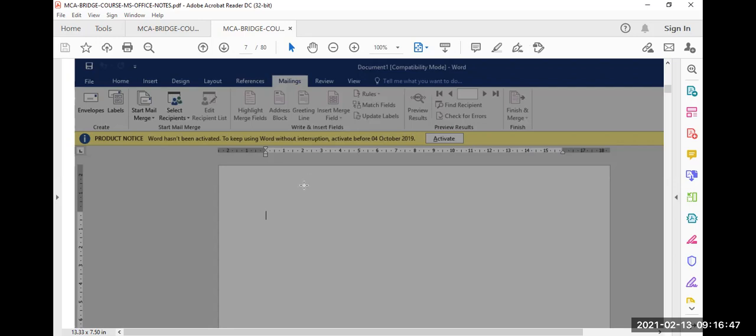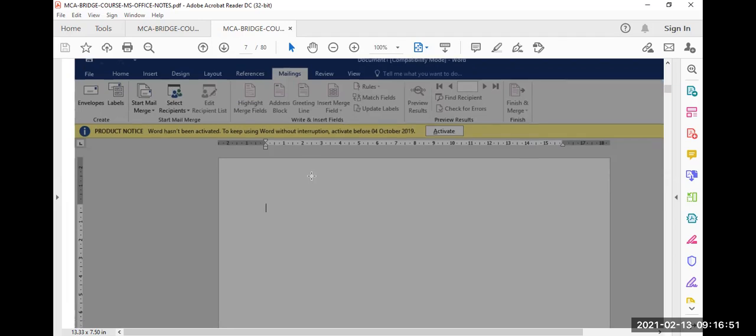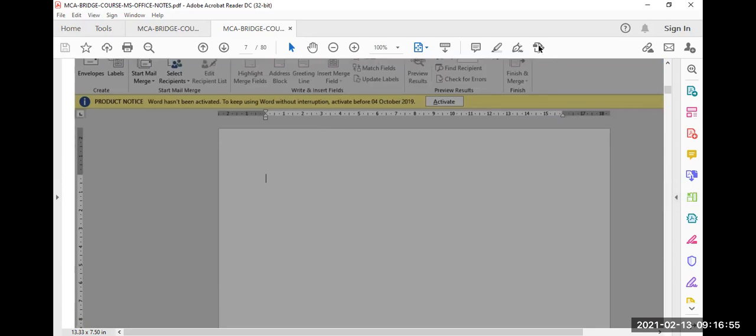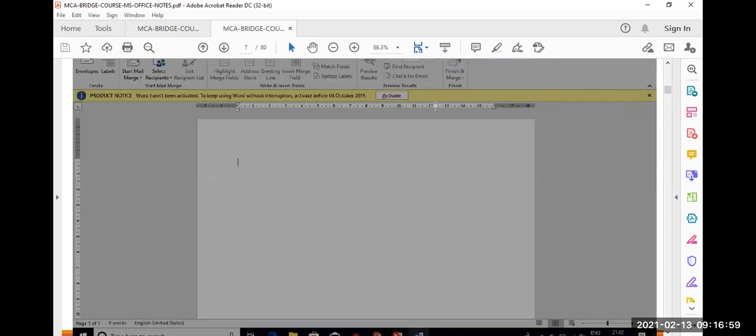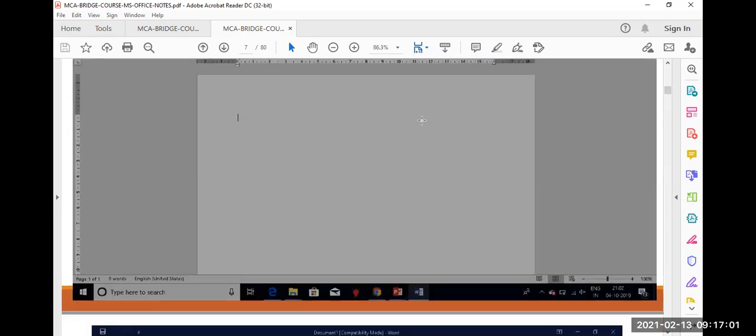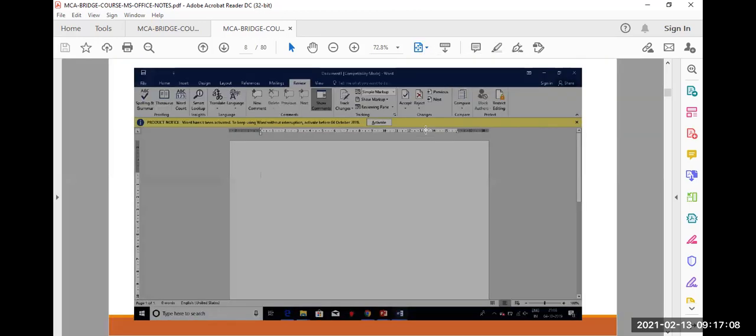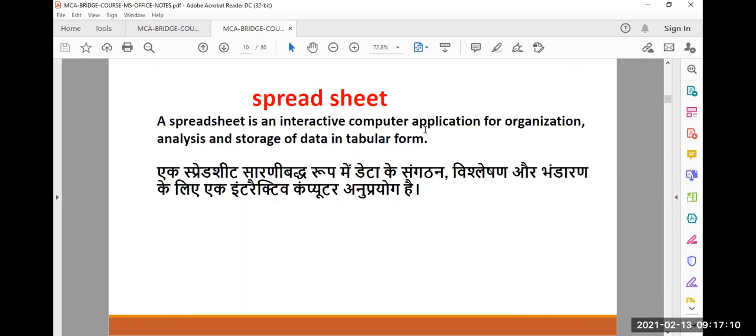Yes, sir. Thank you. So this is the document view. That's how MS Word is. A spreadsheet is an interactive computer application.